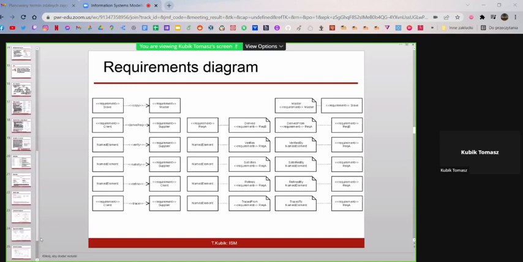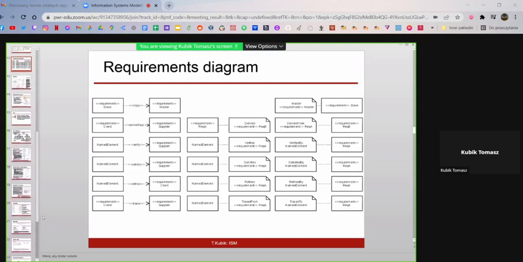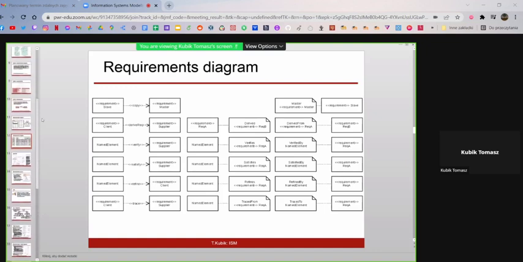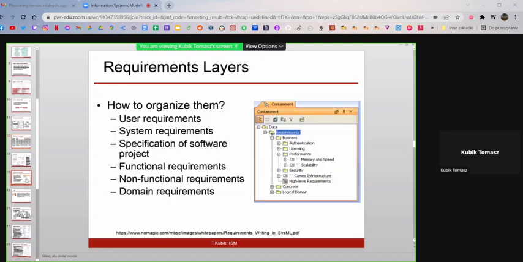So if you are working from the business perspective, your view is a bit different than if you are working from the engineering perspective. Therefore, sometimes you are using different wording, different terms in order to communicate within the scope